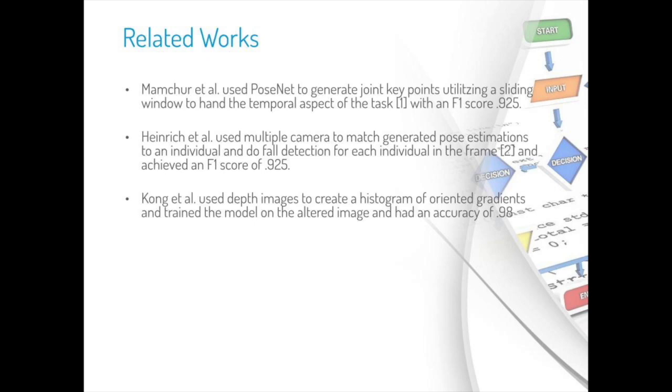Kong and others use depth images to create a histogram of oriented gradients and trained the model on the altered image and had an accuracy of 0.98. Remaining in the field of video-based model, Espinosa and others explored a 2D CNN model with a dataset of 42,000 images of 38 x 51 pixels broken into a 2:3 and 1:3 ratio of training and test data to detect an elderly person's fall. Experimenters trained data with the Adam Optimizer and 50 epochs, resulting in an average accuracy of